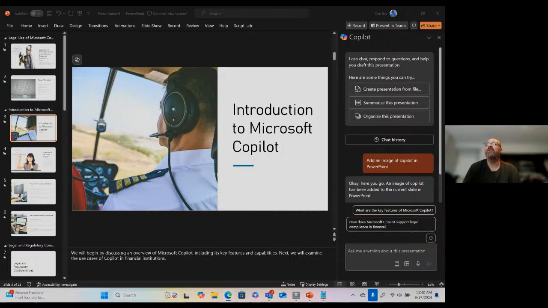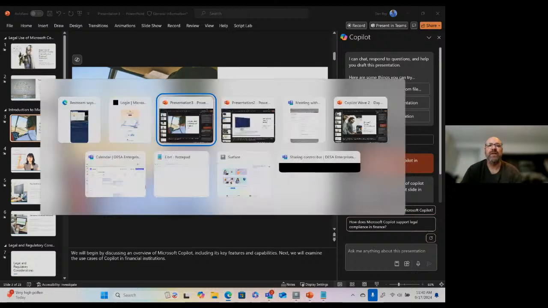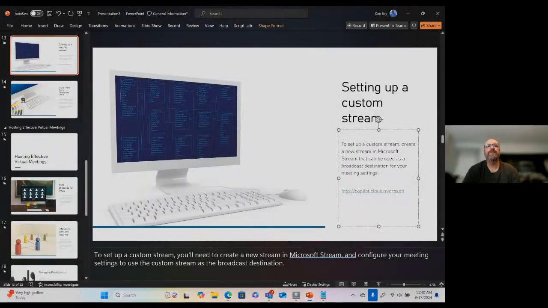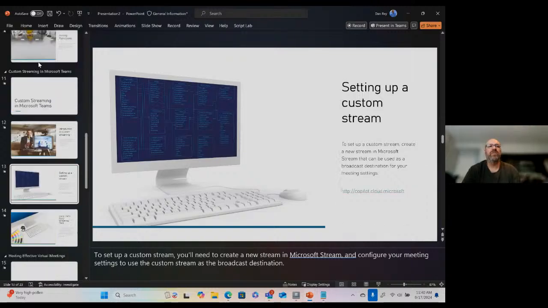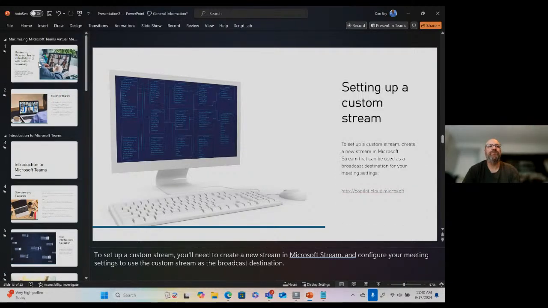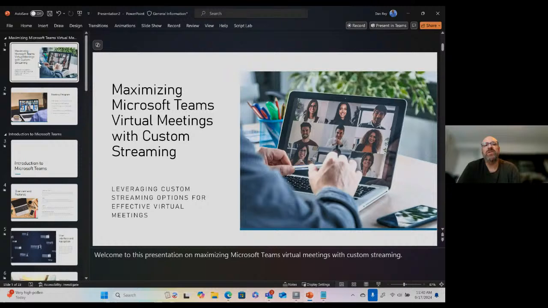So now we have our PowerPoint. We have actually 2 PowerPoints. We have the one we did for legal, and we have the one we did for Microsoft Teams and virtual meetings.